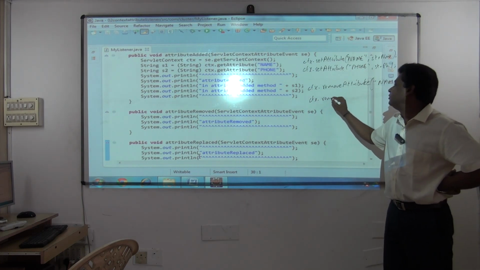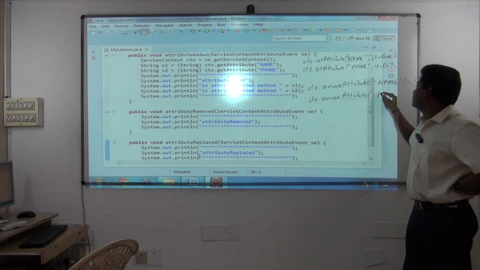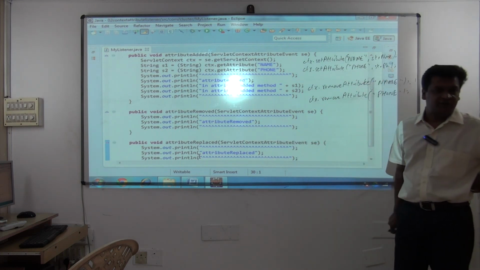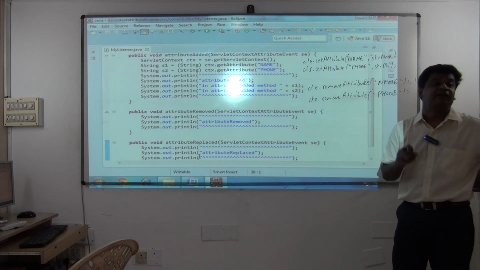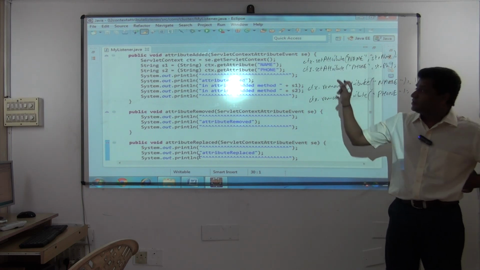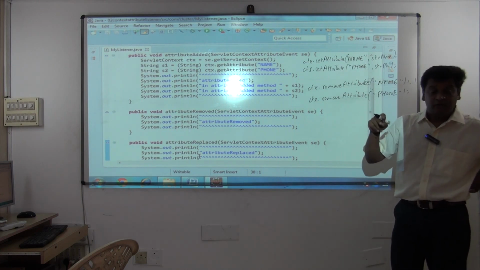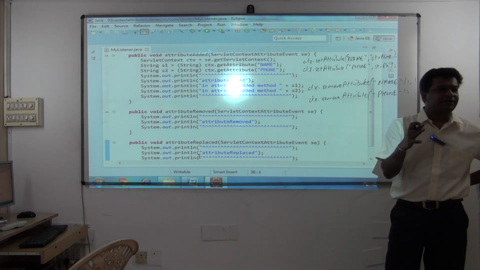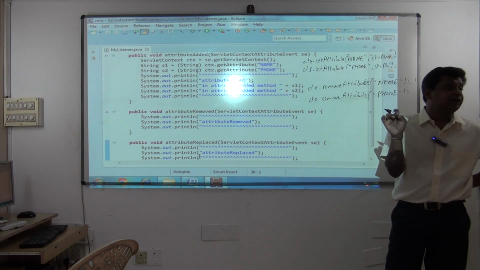Context dot removeAttribute, phone. Yes, two events now. That time, two times this method will execute. The logic, you write anything, that is secondary. Just see the flow. And who is calling all these methods? The container. All the methods in this class are called by the container, and that's why they tell you to implement that interface and override these methods only. You cannot use your own methods, M1, M2 and all. So if that event happens, they call this particular method only.